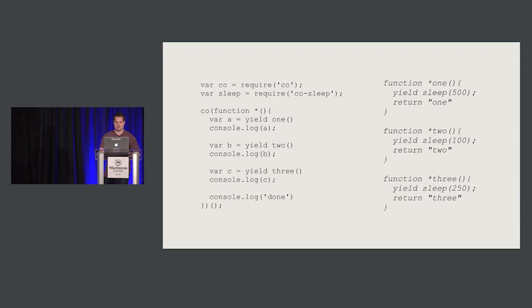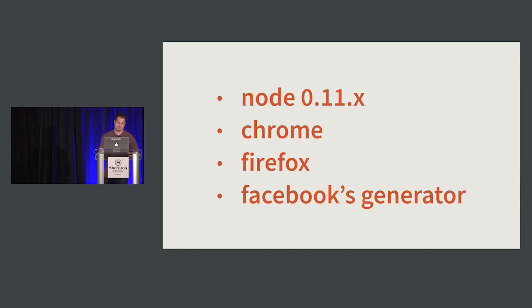We'll look at some more advanced examples of what you can do with it on their site. But before I forget, other tooling. All of these can be used in Node 11 or above. I think it's Node 11.3, but the current version is 11.13, which says it's unstable, but we use it in production and it works great. You have to pass the harmony flag since that's part of ES6, and that's how you turn it on. The latest versions of Chrome and Firefox have them.